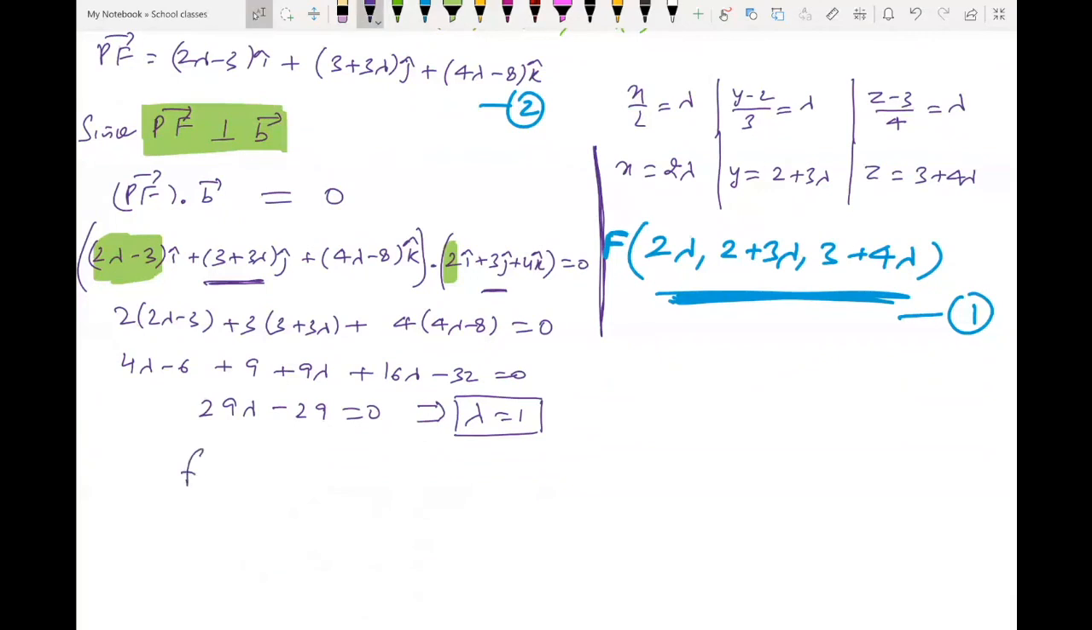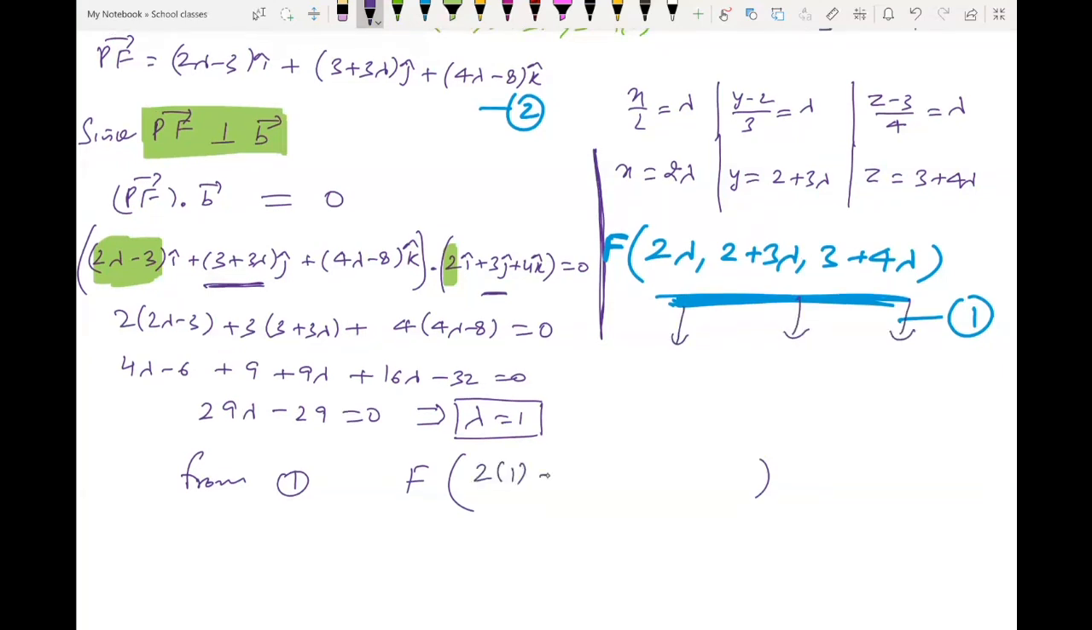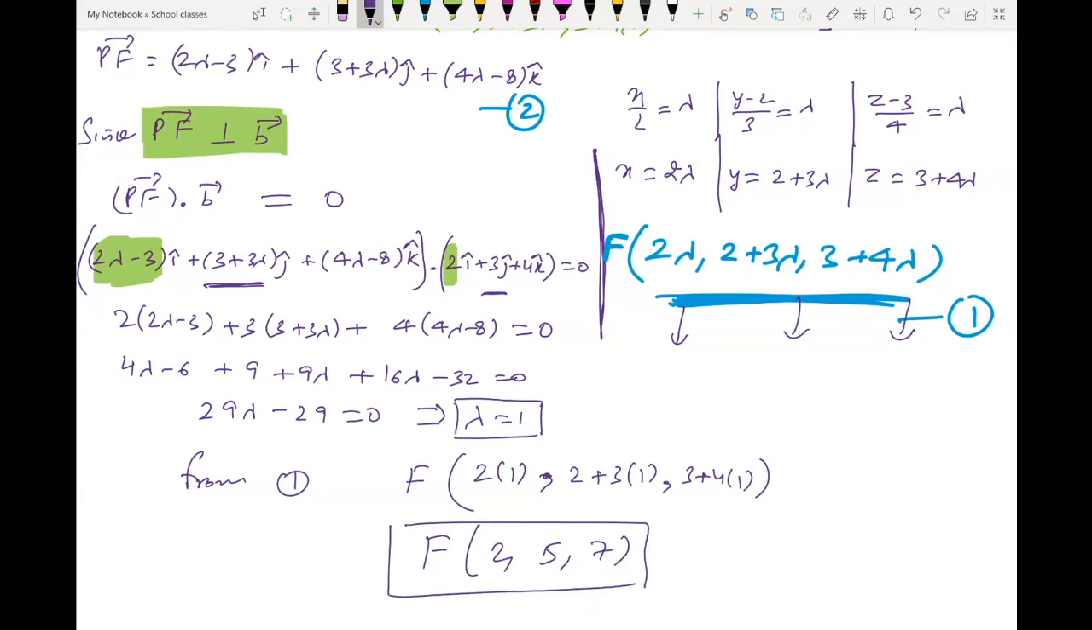First of all, from the first, you put lambda as 1 here: 2 into 1, comma, 2 plus 3 into 1, comma, 3 plus 4 into 1, which is nothing but 2, comma, 5, comma, 7. So this is the foot of perpendicular. And from the second,